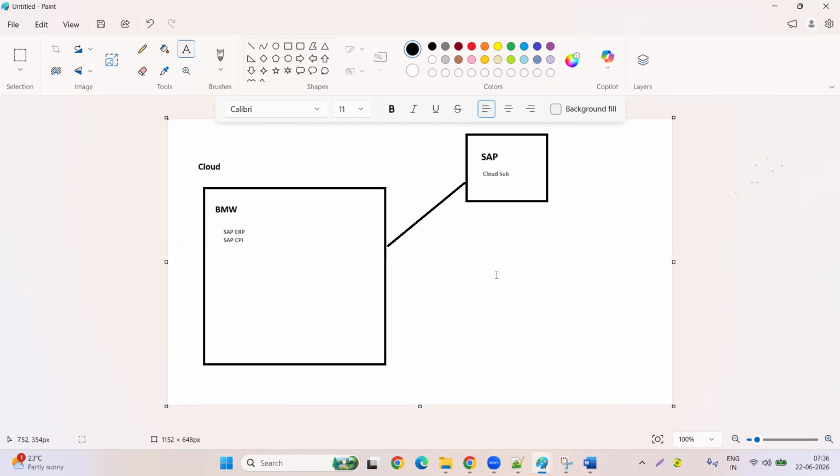So what does this mean by cloud services? Cloud subscriptions mean SAP will provide this particular SAP ERP, and also SAP CPI. Okay, so these are the two services. Just assume these are the two services they are providing on this particular cloud services. So in this case, what you have to do is,